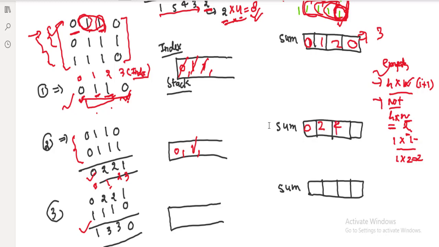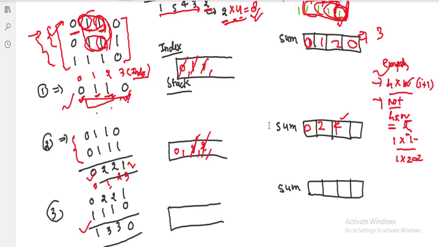Why does it come to 4? Let's say here, ending with this particular index, what are those submatrices which contain all ones? It's 4. Why? This is the first one, this is the second one, this is the third one, and this complete one is the fourth one. So that's why it comes to 4. Okay, and now we have to add this particular index here. This has been removed, this particular index. Now what is the value? 1. Now see if there is any element which is larger than this, yes, remove it.